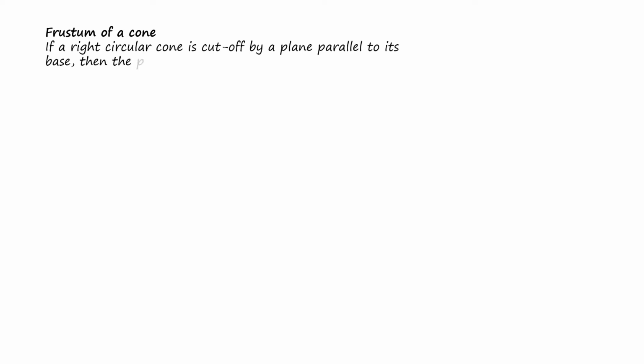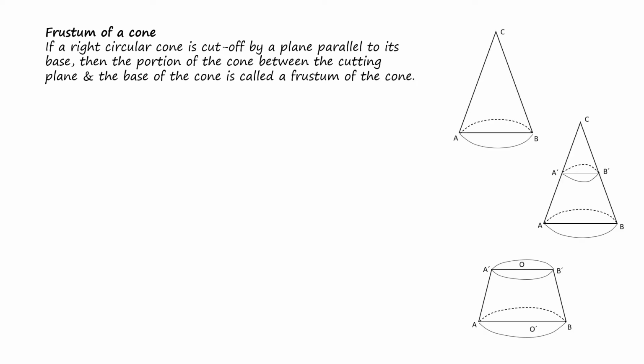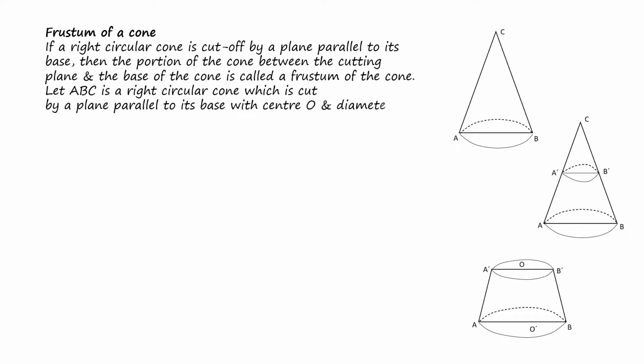Today we will discuss the frustum of a cone. The definition of frustum states that if a right circular cone is cut off by a plane parallel to its base, then the portion of the cone between the cutting plane and the base of the cone is called the frustum of the cone. Let ABC be the right circular cone which is cut by a plane parallel to its base